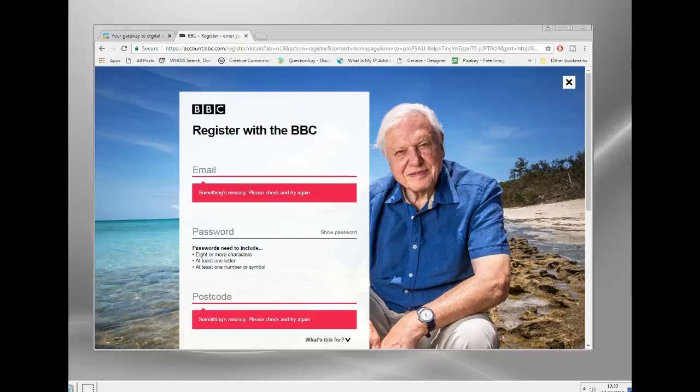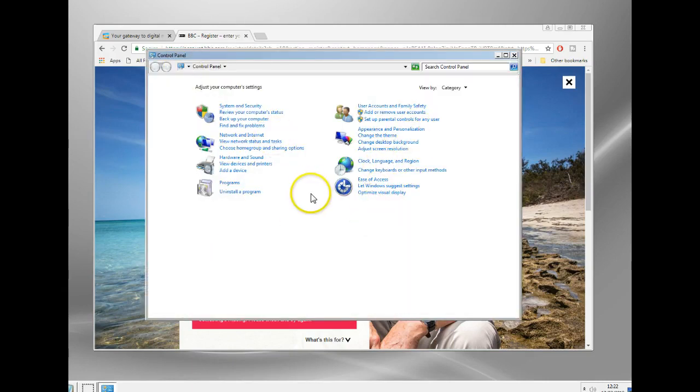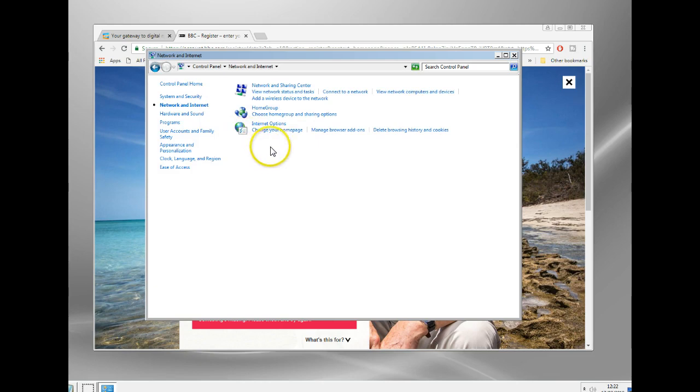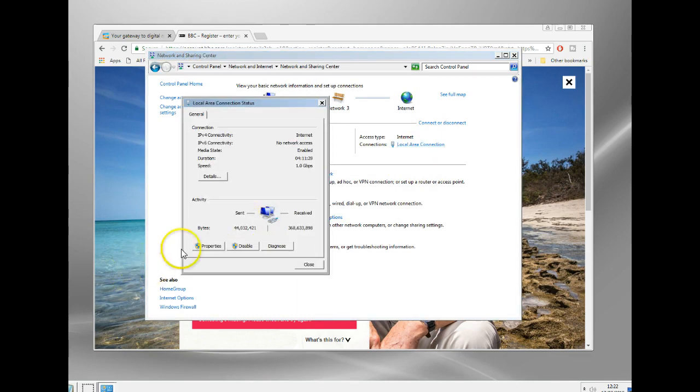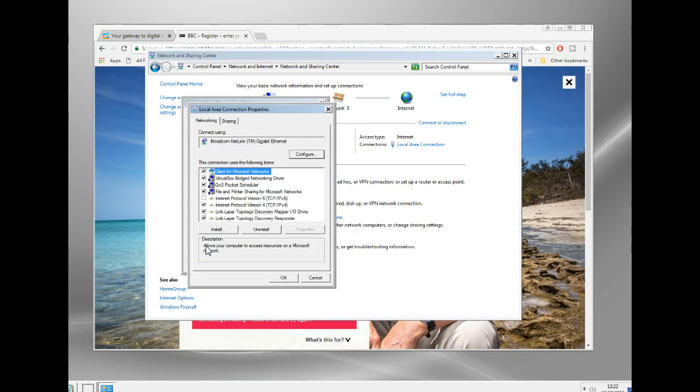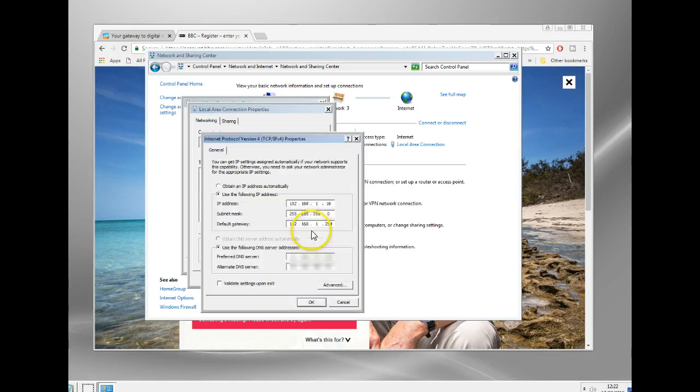Okay, this is a quick video to show you how to set up Smart DNS on your computer. Now, I'm going to set it up on Windows 7, but it's kind of similar on most Windows PCs and indeed on any other device. Okay, let's get started. We go into Control Panel and we go to Network and Internet, and we go to the Network and Sharing Center and we go to Local Area Connection, and we go to this button here, Properties, and then we're looking for Internet Protocol version 4, TCP/IP version 4. Click on that and then Properties.